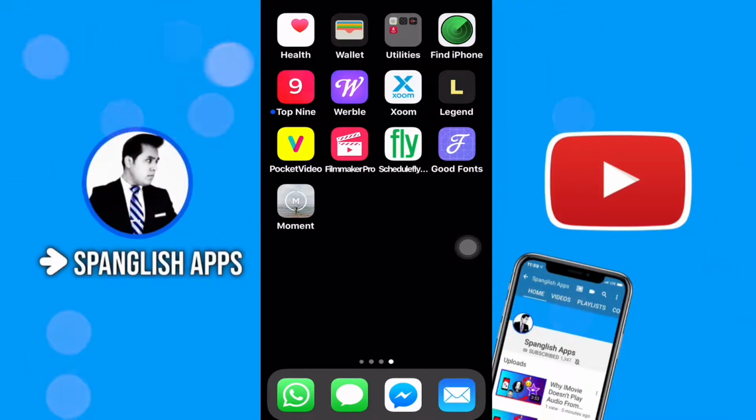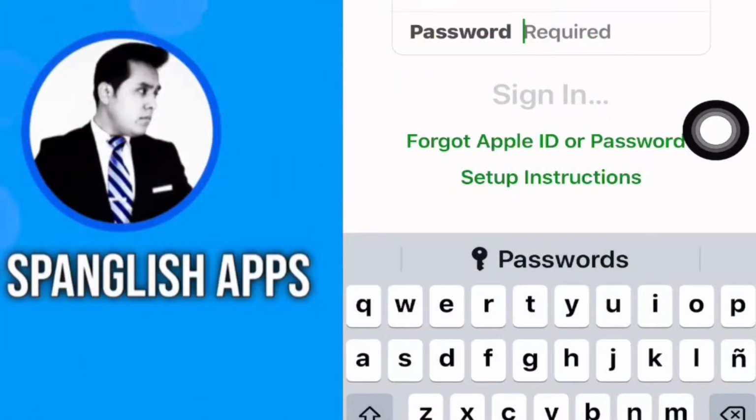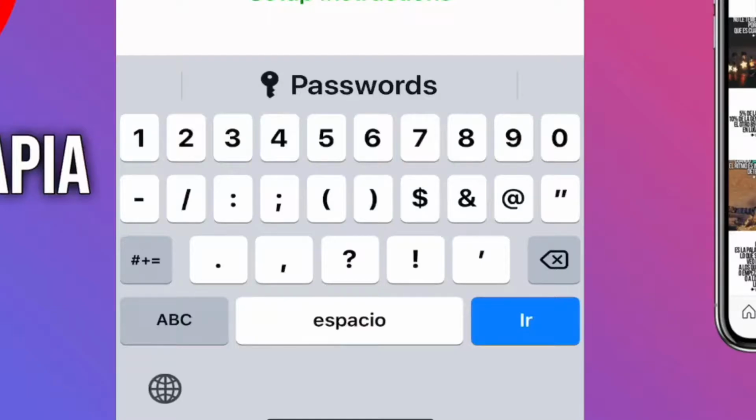What do you have to do if you lost your phone? So you gotta go to this app right here, which is Find My iPhone. You're gonna open it and you're gonna sign in. Once your password is in, just tap on go,